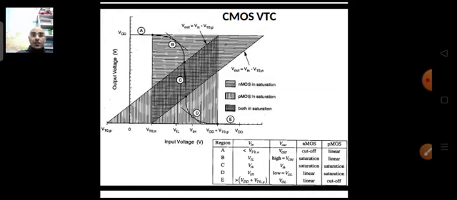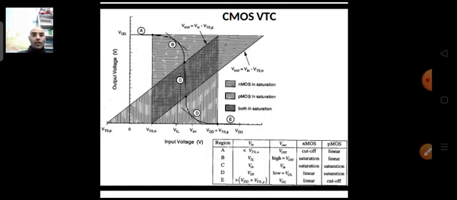These regions are important because we have various important voltages like VIL, VIH and VTH, along with VOH and VOL, and these lie in different regions. As we discussed in our last class, VIL lies in region B, VIH is in region D, whereas VTH is in region C. So keeping this in mind, let us move on to the derivations of these important voltages